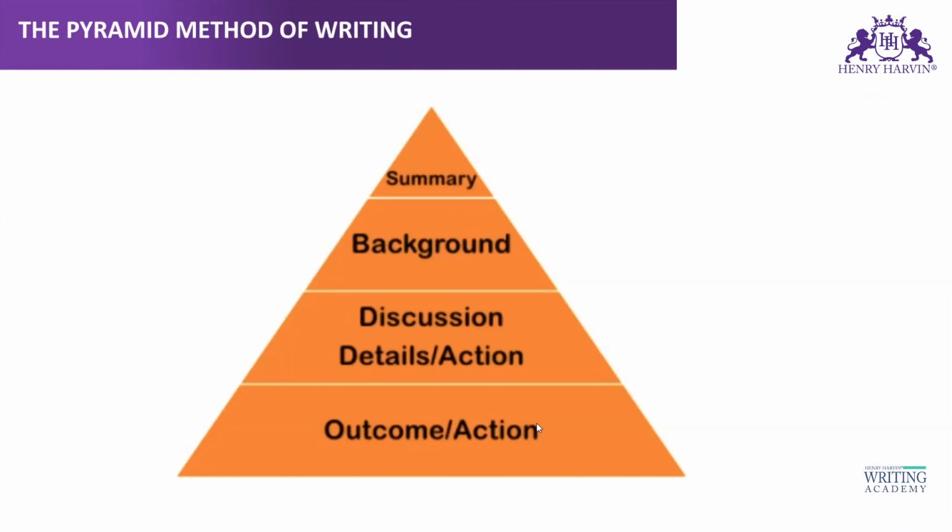Okay. Now the other question is why outcome, action, or conclusion is on the base? Why do we keep that on the base? Actually, whatever you mention in the conclusion proves whatever you gave in the abstract, right? For example, in the abstract you wrote that the purpose of this proposal is to highlight the problems and the related solutions. Now in the conclusion you actually gave those solutions and the benefits of those. So the purpose that you mentioned in the very first instance, now you have proven that this is the purpose and that is why I'm writing it.